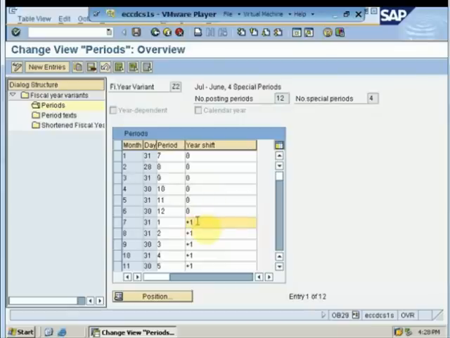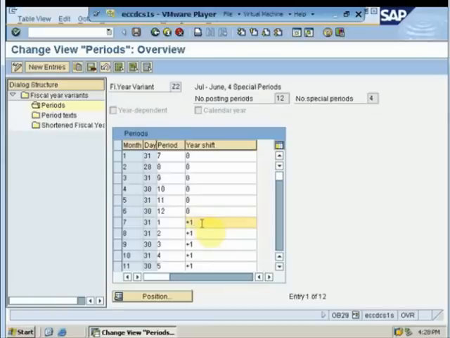And I give a year shift to it, so that if I am in my 7th period, that is January, that would be known as the fiscal year 2012. For example, if I am in year 2011 and my first period is July, according to that my fiscal year would be considered as 2012.